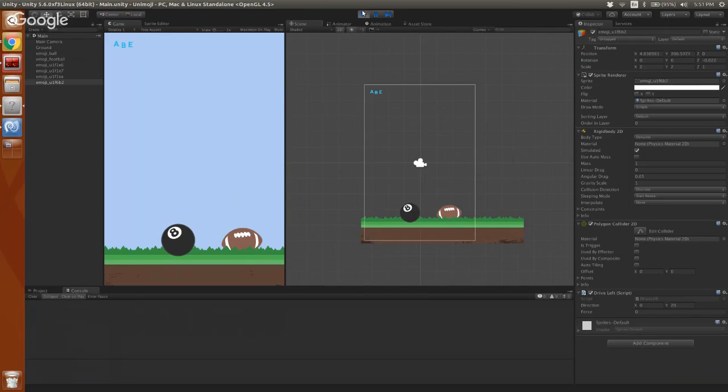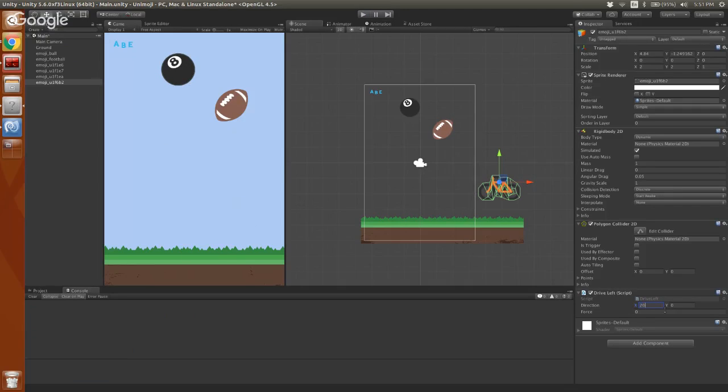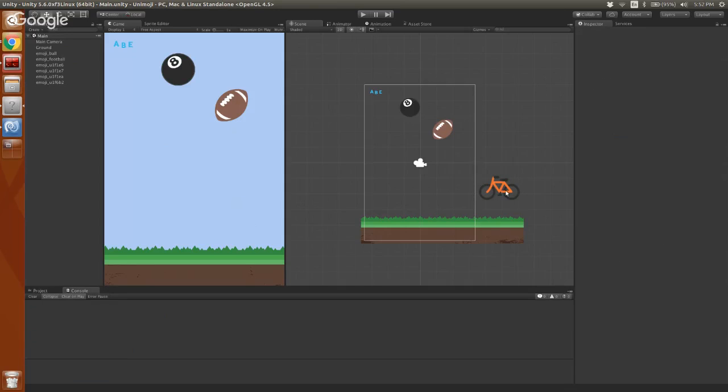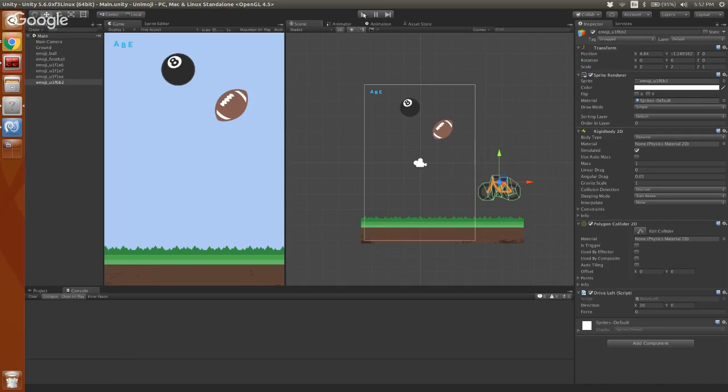So if we want this to push left, we want it to clear off everything on our screen. Let's try setting an X of like 20. And remember, this force is like a physical force pushing on the bike. So it's the same as pushing an object across the table. It has to overcome the friction of sitting on the ground. It has to overcome the mass of the objects it's going to hit. So I'm not sure what this number needs to be, but it needs to be enough to overcome all those things. So there's a really good chance I'm about to hit play and nothing will happen.